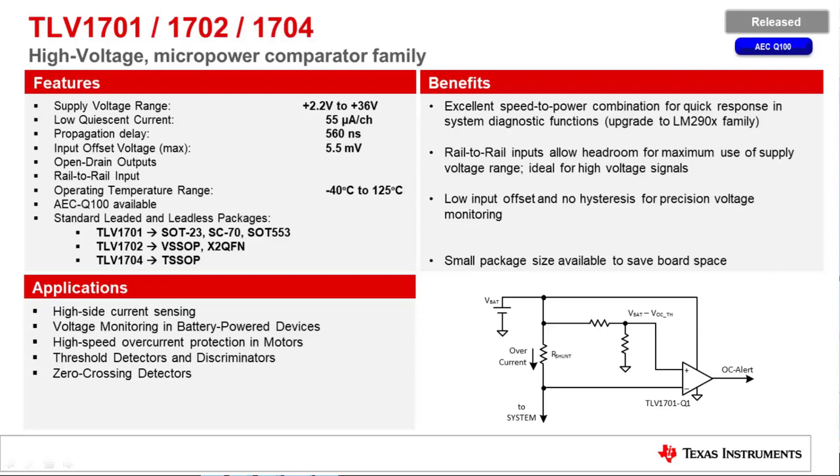I will say one thing: the TLV1702 in the leadless package, that QFN, does have a pitch of 0.5 mm. We have seen that it is a very popular choice among industrial designers who want to save on space, but may not have the manufacturability to build really small pitches. So we still maintain that 0.5 mm pitch, which makes this part pretty valuable.